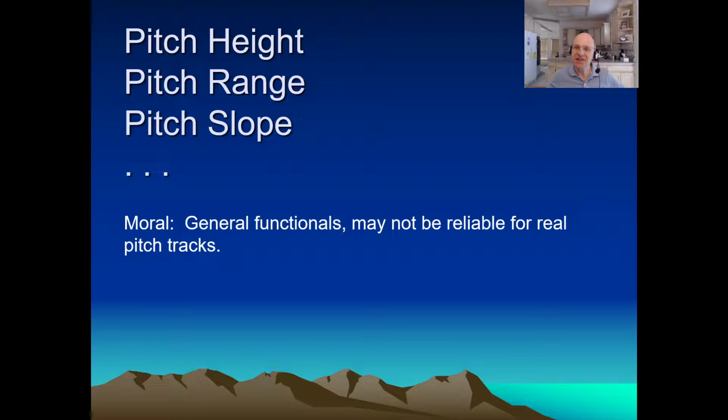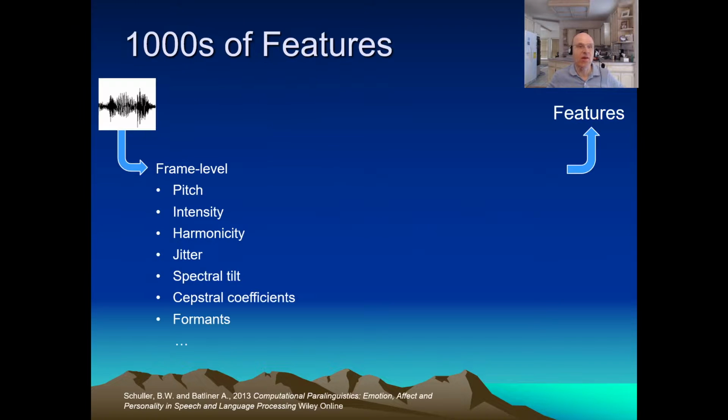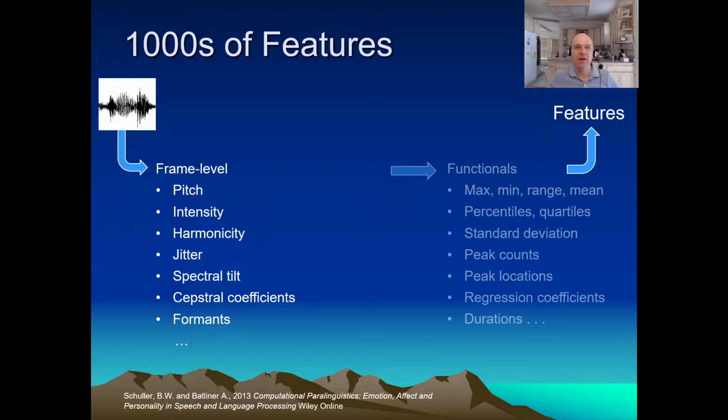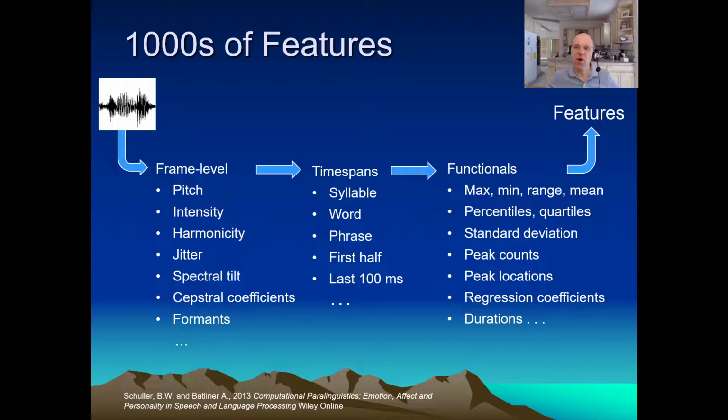It's not that hard to get 6,000 features, actually. If you have a whole bunch of frame-level features and a whole bunch of functionals, and you might compute those over a whole number of different time spans, and you might also have processes for smoothing, normalization, pooling, you can easily get up to 6,000 features. That's a heck of a lot. It would be nice if we could just pick out the ones that are perceptually relevant, or those that just have practical value, but it turns out both are problem dependent. We'll talk more about that in future lectures.